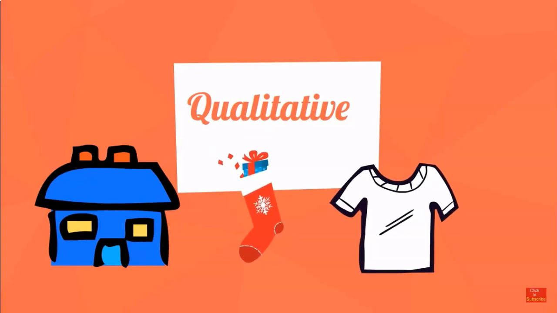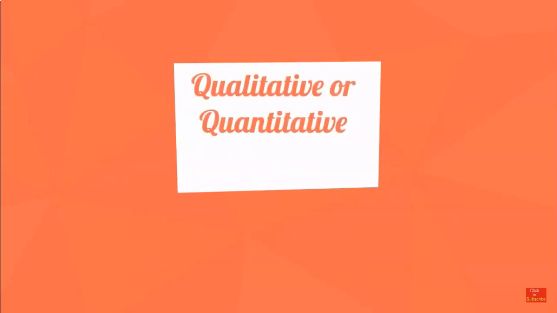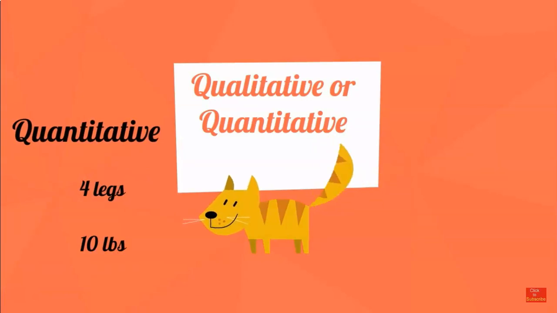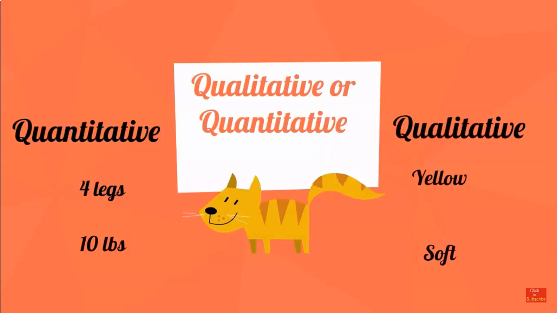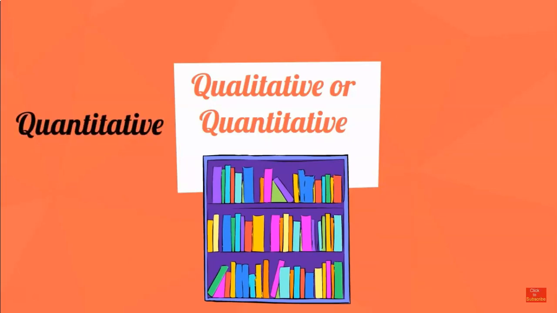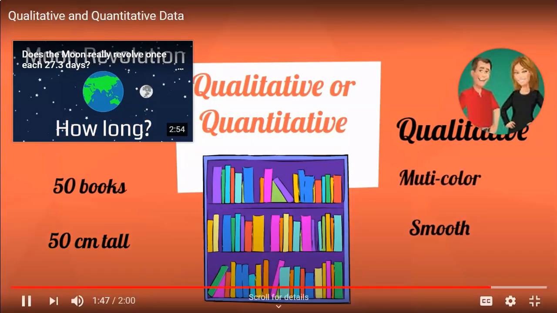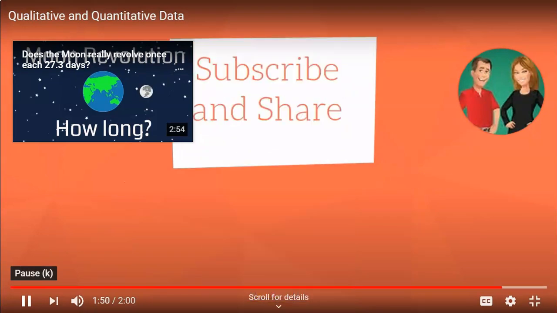Let's look at quantitative or qualitative. Consider a cat. The quantitative data would be that the cat has 4 legs and weighs 10 pounds. The qualitative data would be the cat is yellow and has soft fur. Let's look at a bookshelf. The quantitative data would be you have 50 books on the bookshelf and is 50 centimeters tall. The qualitative data would be that it is multicolor and has a smooth surface. Hope this video helps on quantitative and qualitative